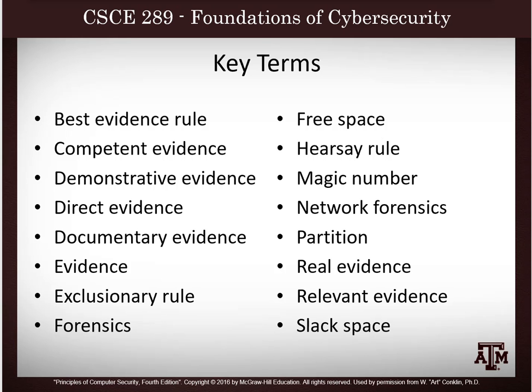So instead of the exclusionary rule, I like to say the Fourth Amendment of the United States Constitution precludes illegal search and seizure. That is a protection everyone has if they are within the boundaries of the United States, with some exceptions at the border. At the border, you basically have waived your Fourth Amendment rights coming back into the country. So any evidence collected in violation of that Fourth Amendment is not admissible. There's also evidence collected in violation of certain laws, like electronic communications privacy law or other U.S. Code.